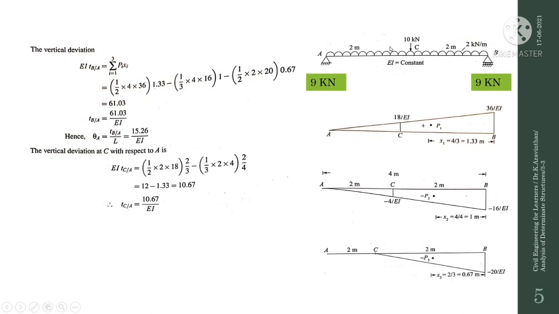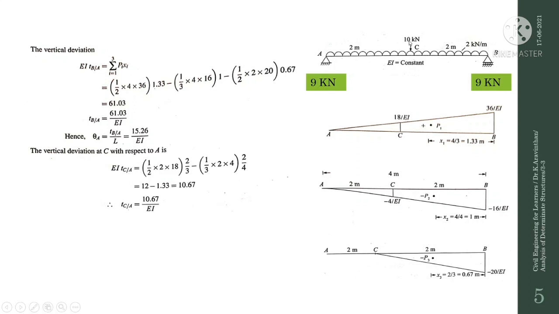This is the first area, and for the second load, let us consider the UDL and take the bending moment at point B. The bending moment formula is load into distance by 2. The load here is 2, and the total distance is 4, so 2 into 4 by 2, and that will be 16. So the overall UDL moment will be 16. At the center, point C, you will have half of the UDL, so 2 into 2 by 2. So 2 into 2 will be 4, so you will be getting 4 by EI. So this will be a curved parabola.